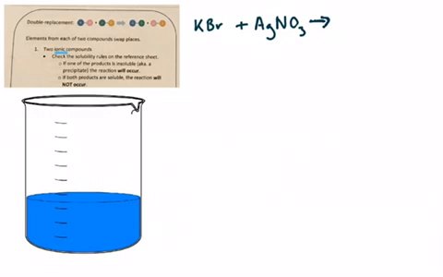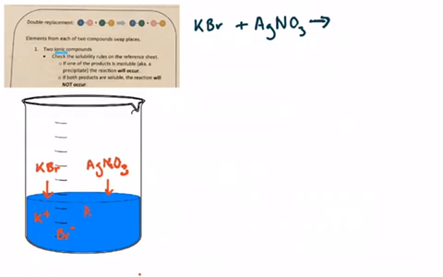So what happens when we have an ionic compound, otherwise known as a salt? It comes in as a solid, but once it's in the water, it's going to split apart into its ions. So potassium bromide will split into K+ and Br-,